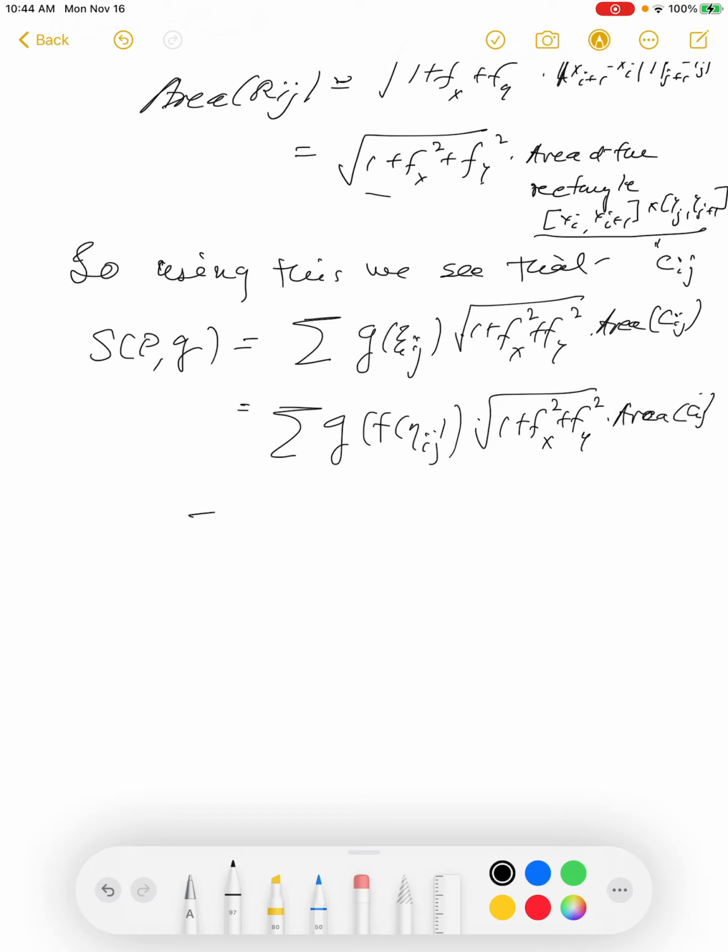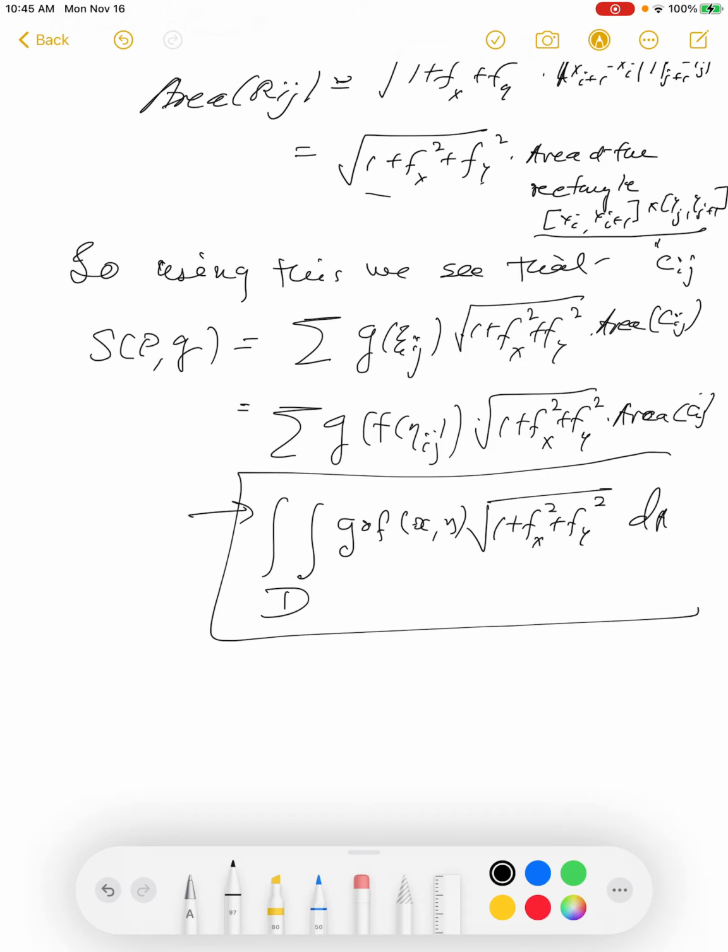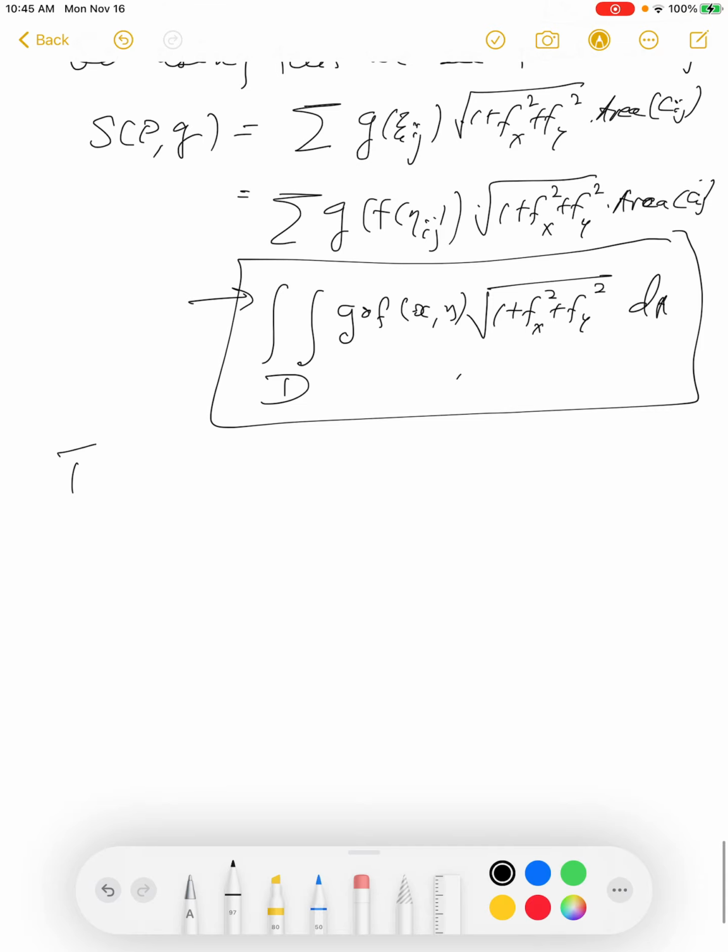But then you see that this limit will converge to the double integral of G composition F on the region D, which is xy, so this is a two-dimensional region, times root of 1 plus fx square plus fy square dA. So this formula tells you how to actually compute. So this gives us a formula for finding